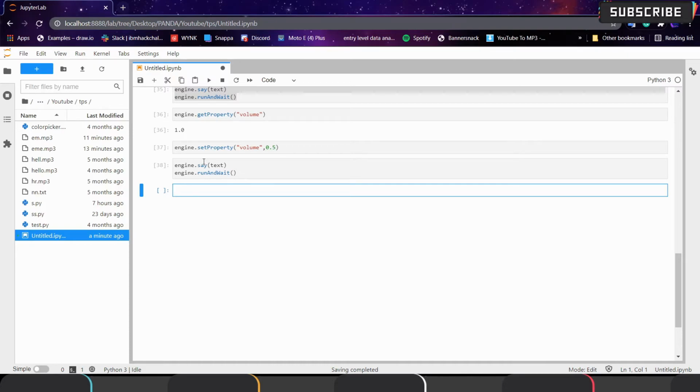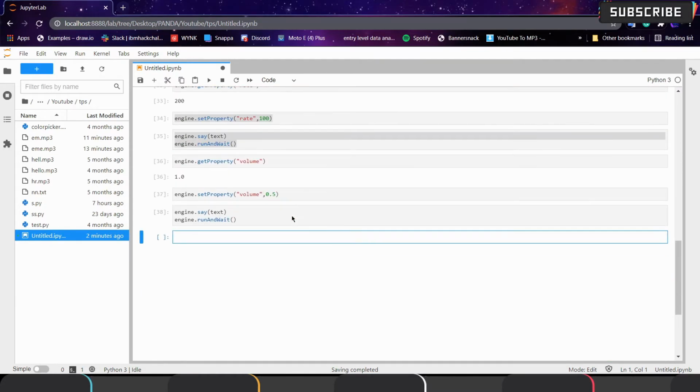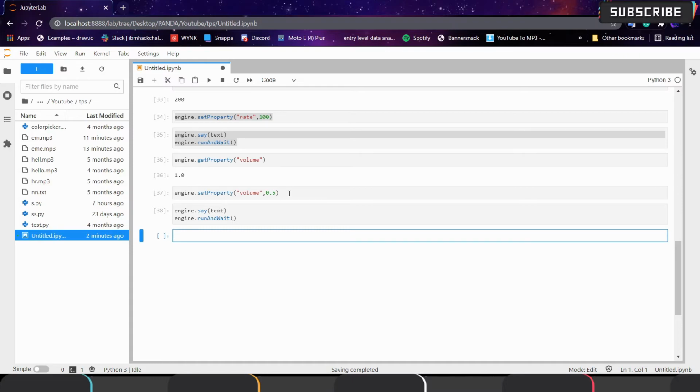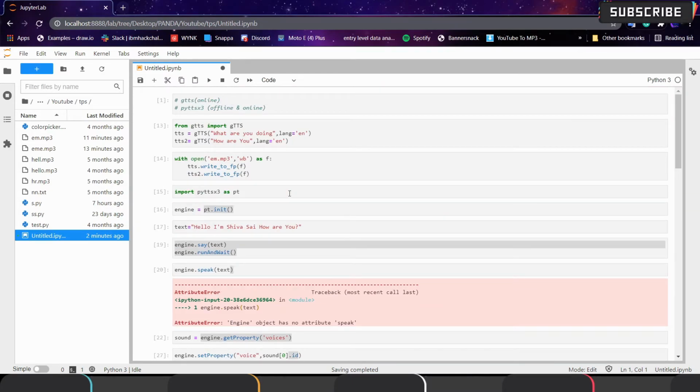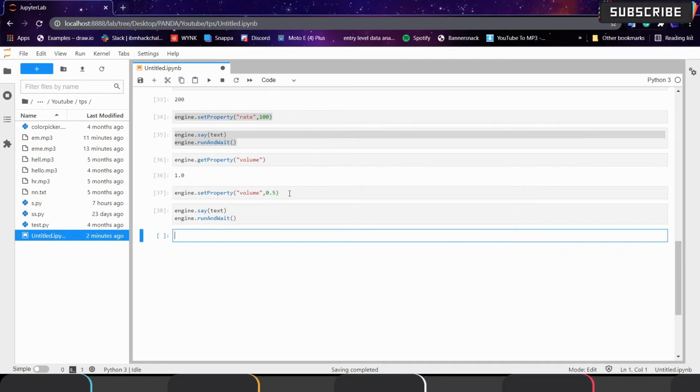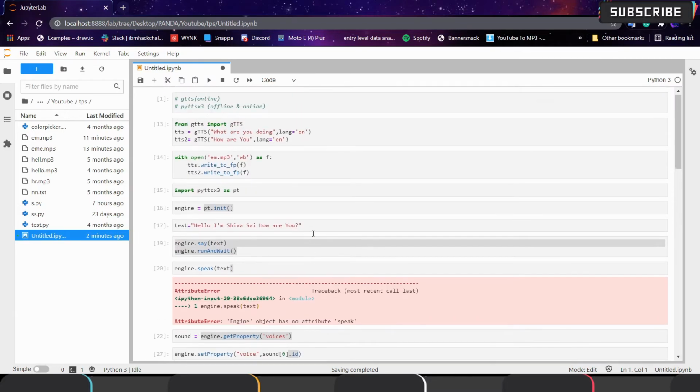So by customization, we can change the rate of the voice, and we can also change the voice gender, it means whether it is male or female, and then we can directly play from the program, and we can also directly play from the command line. And next we can also decrease and increase the volume. So these were the three properties present in PyTTSX3. It would be helpful when coming to the production level. Suppose your product or software should also work offline, we recommend using this PyTTSX3.